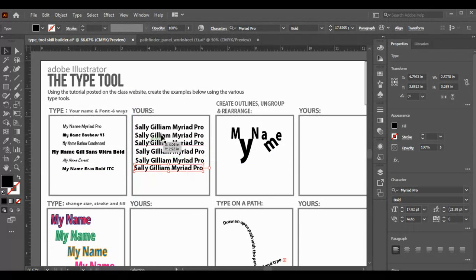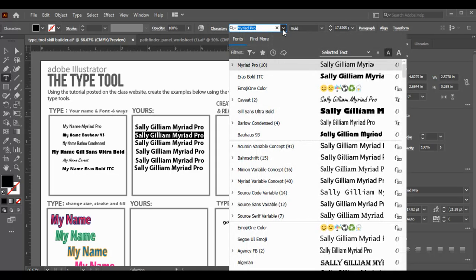So now I'm going to change the font. I'm going to double left click to get me the type tool, or I can just hover over the one that I want and click with the type tool to get back to that one. I'm going to select it and change. I can change my words the same way just by typing and editing it like you would on a document. But I'm going to select it, and then I am going to go up to the menu control bar at the top where it says character and it has the font. You can select the font family. If you hold